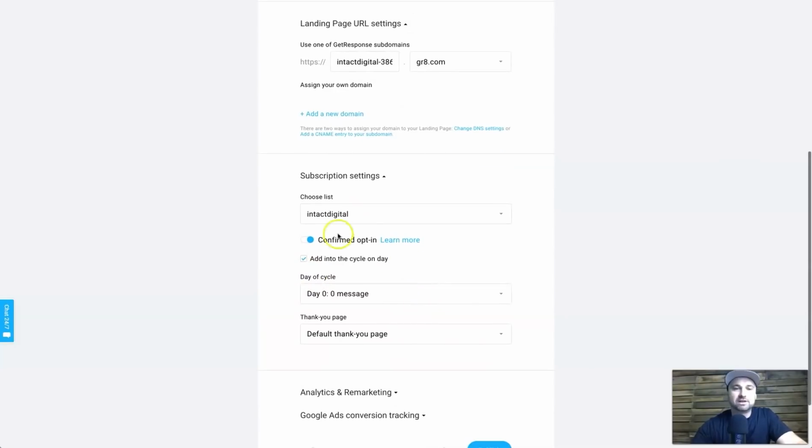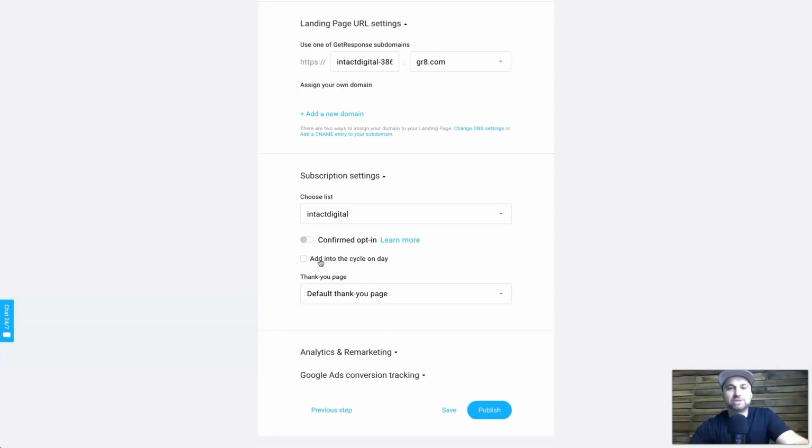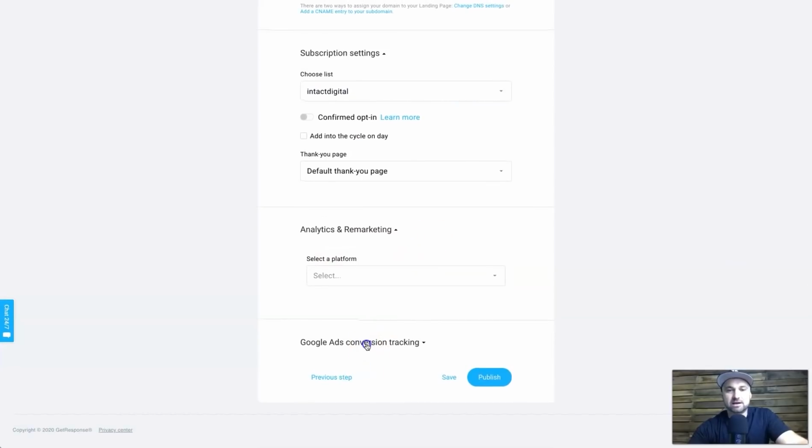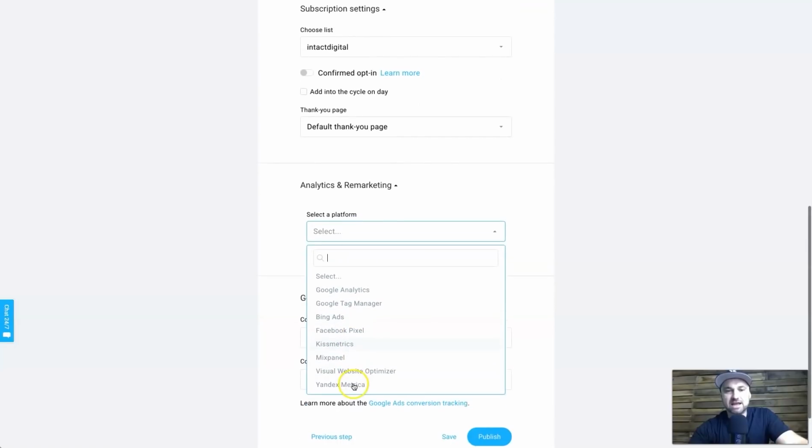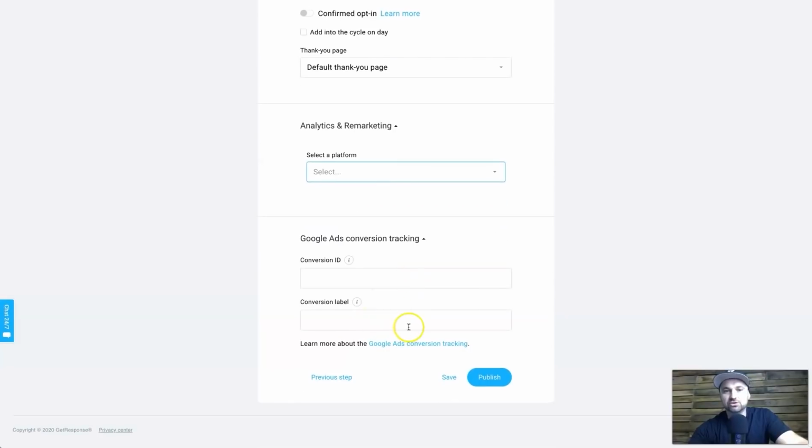Now, if we scroll down a bit further, if you have an autoresponder series, you can actually put it inside of here. If you want double opt-in, you can leave it. I usually take it off though, as a lot of people don't like to confirm subscriptions these days. It just means you have to filter them out over time. And for this particular example, I'm actually going to be creating an automation. So I'm going to not add it to a cycle in a day, but you've also got down here things like different types of analytics you can add. It's got all the standard Facebook, Google Tag Manager, all that sort of stuff. And you've also got your conversion tracking if you're doing a lot of email marketing. So that's basically the